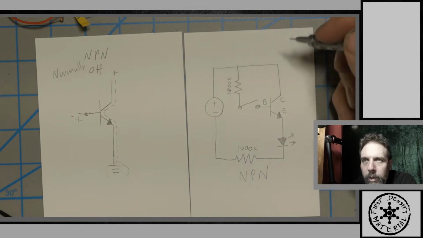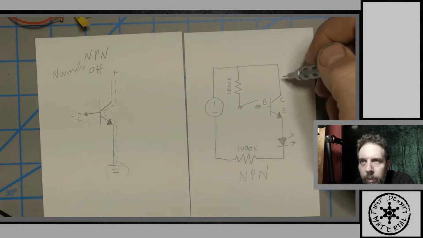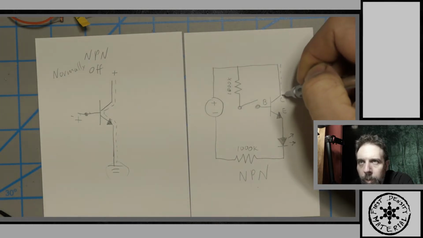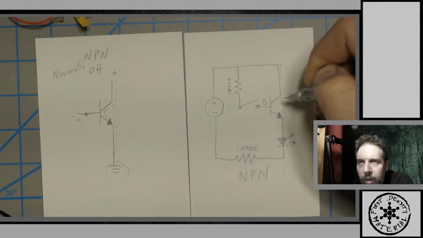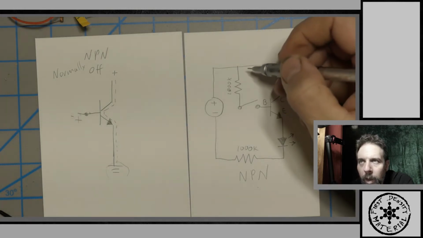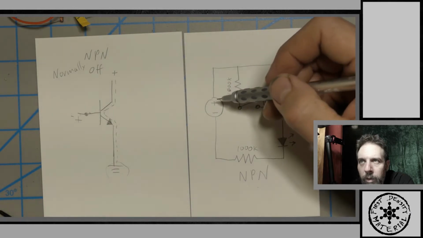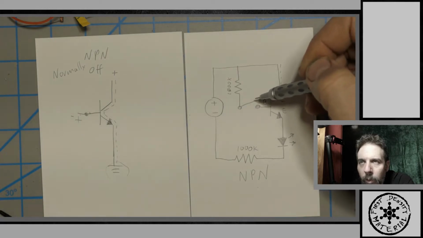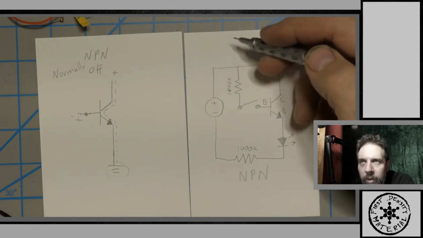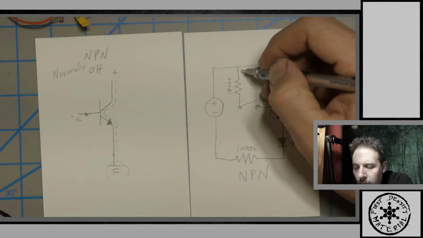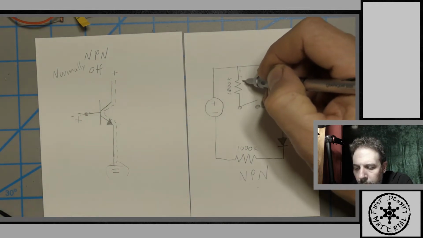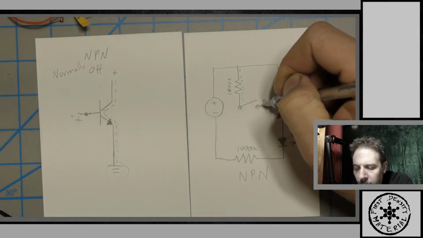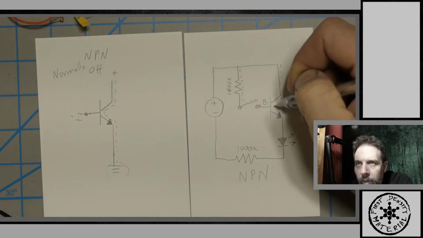So in this case, same thing. It wants to go boom, boom, boom, but it can't. Okay? Until there's some amperage. So in this case, we have the positive, and when you hook the switch, the positive is going to go plus, plus, plus, plus, plus. The current's going to go into the base, and then this